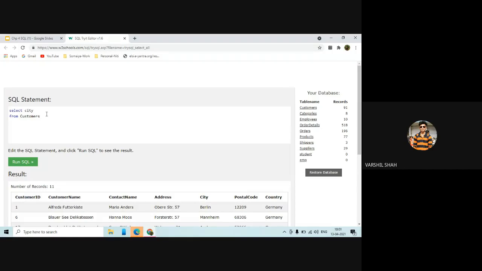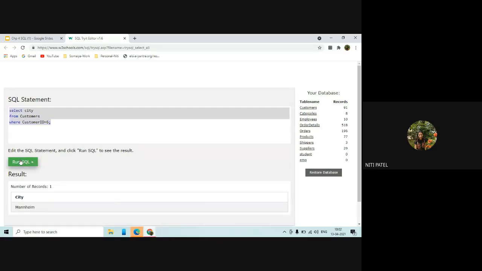Where customer ID equal to 6. Will I put quotes for 6? No, ma'am, because it is integer. Correct. Will I put semicolon? Yes. So select and run.